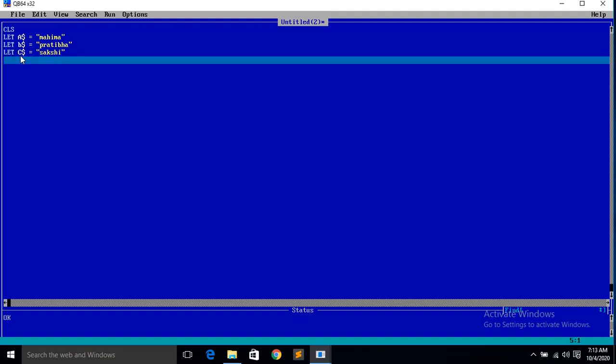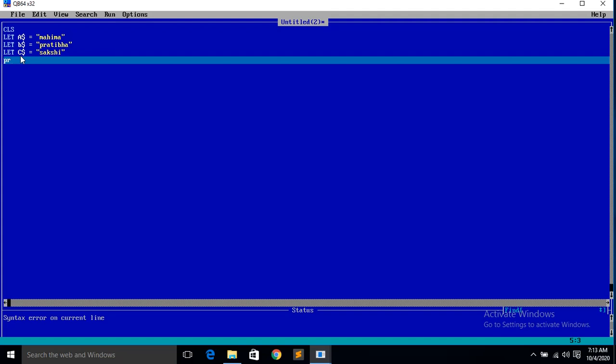Sakshi. Now let means what? You are storing the value to the variable. So storing is finished. Now you want to print it on the screen. You want to show the name which you have stored in the memory on the screen. So to show the output, you have to use the print command. Now what is the use of let? Let means whenever you store some value to the variable, you have to give the statement let. So that's why let is called an assignment statement.